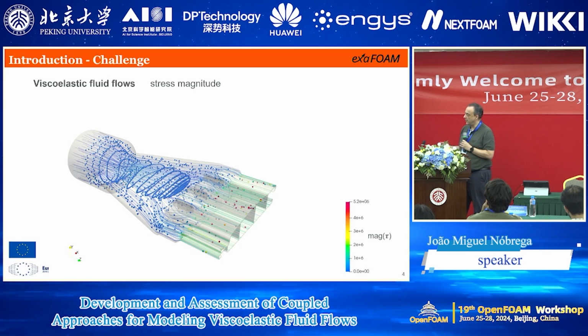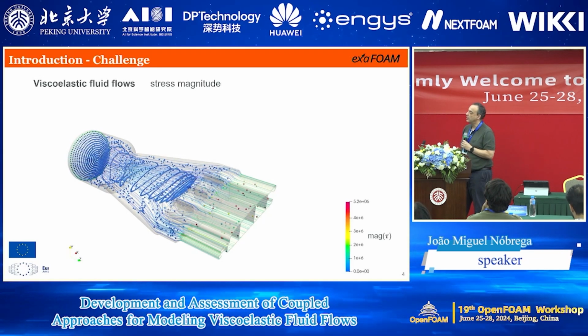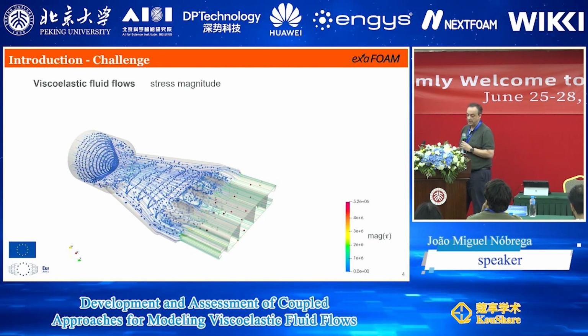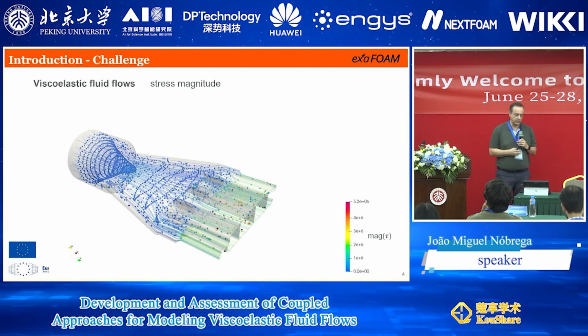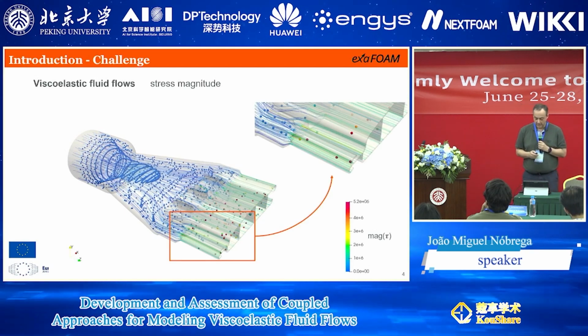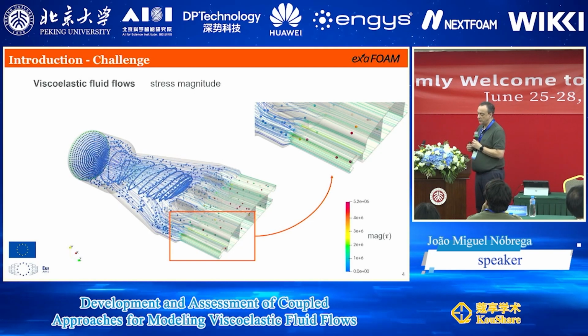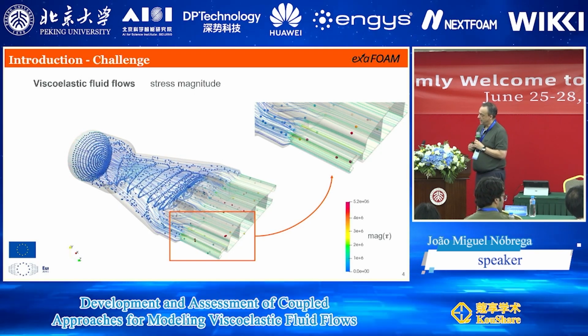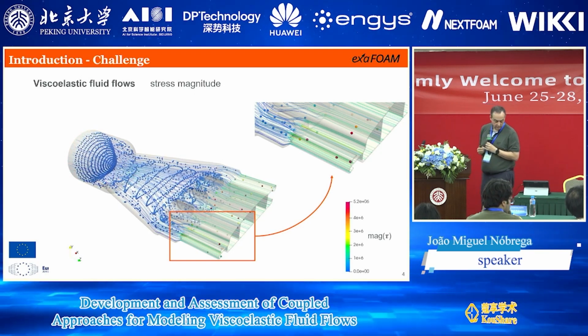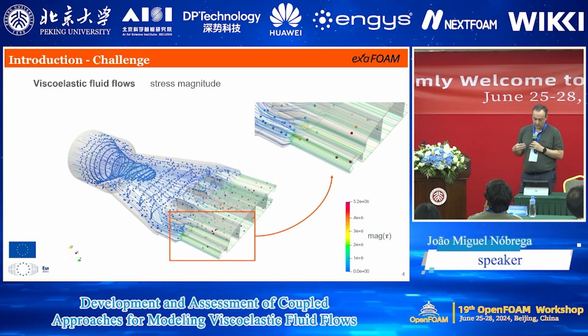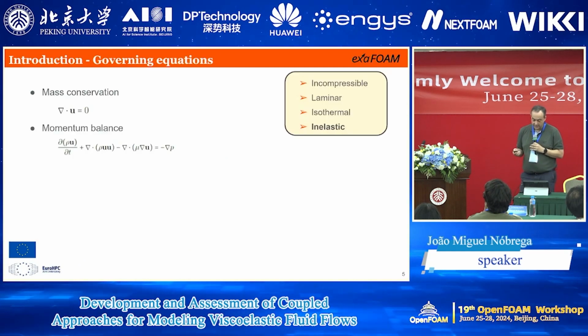That is related to the properties of the material, and that generates peaks of stress that usually are quite difficult to handle. And you can see, especially in the most restrictive regions of the extrusion die, it's quite difficult to compute the stresses, and the process is complex. In the usual approach,